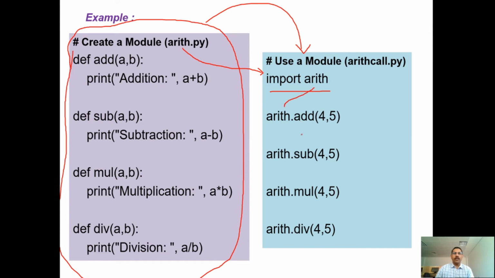Arth is the file name. In that file, this add method is there. Add 4 comma 5. So automatically the 4 and 5 values will be transferred to the particular location in the previous file, and you will get the result. So what do you understand? You are keeping all the operations in a separate file, and now we are just passing the values, that's all. This minimizes the work. You don't want to write it every time. Just keep all the functions and operations in a separate file, and you can call the corresponding file into your working file. Okay, so this is one example.